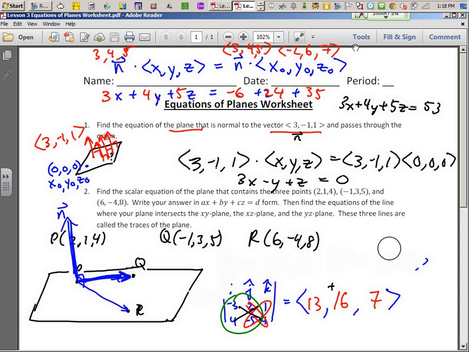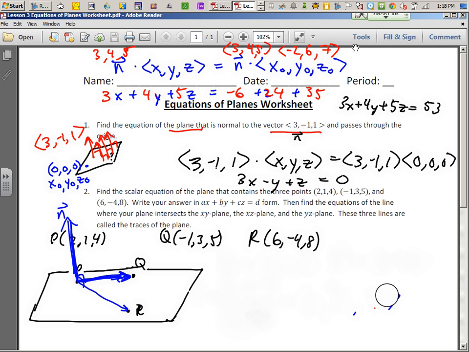I'm going to erase all of this garbage. 13, 16, 7 is a good normal vector. 13, 16, 7. Or you can use the opposite of that, negative 13, negative 16, negative 7, which is fine. That'll work too. So we're going to go 13x plus 16y plus 7z is equal to